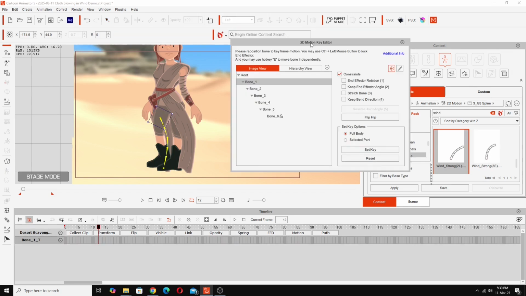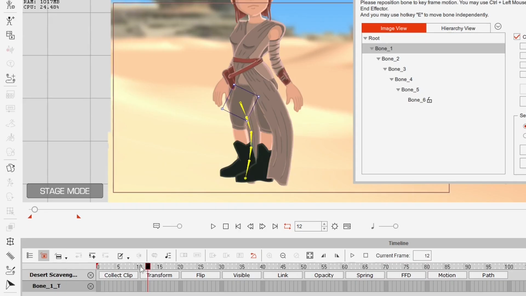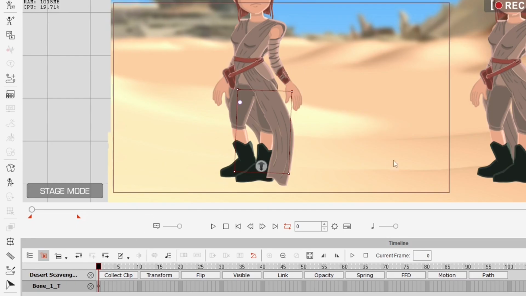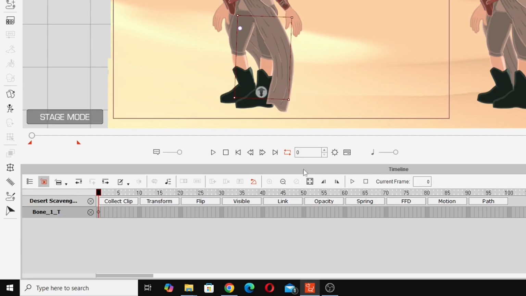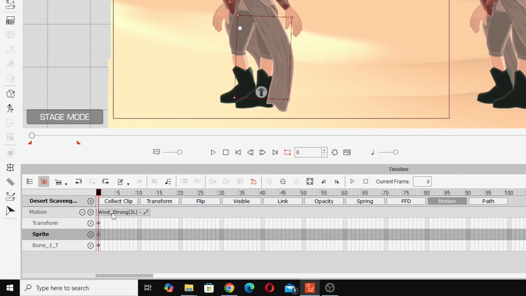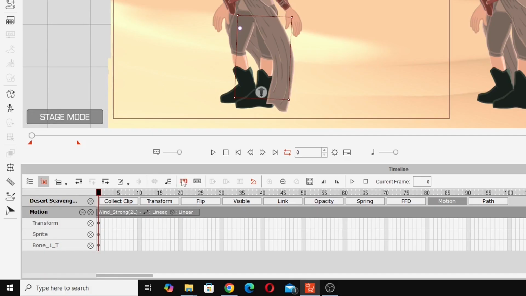Then open up 2D motion key editor on this, back to the first frame, and then position it. And now if I want, I can loop that motion through my whole animation. So got the motion path here. Just going to loop this through the whole thing, making sure that we're on the looping setting up here, dragging